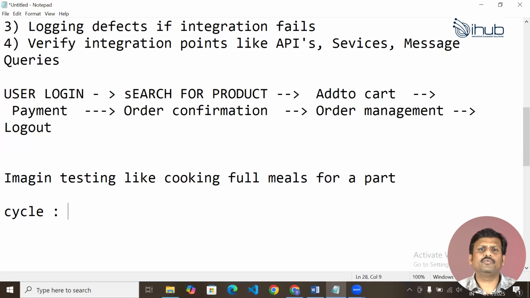I hope this video will help you a lot. What is a cycle and what is a SIT? When do we do cycles? When do we do SIT? Simply said, first we do cycles of executions, 3 cycles, to make the build stable. Then we go with SIT to check that the functionality is integrated among the modules, the data flow is happening properly, APIs are interacting properly, and message queues are working properly. Such integrated modules and data flow, we validate in SIT execution.